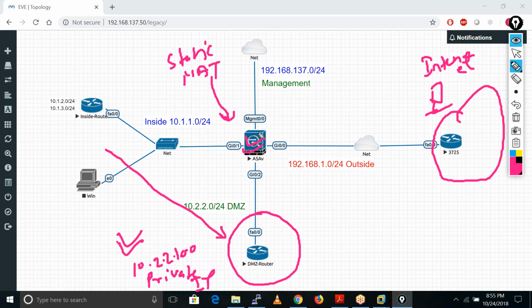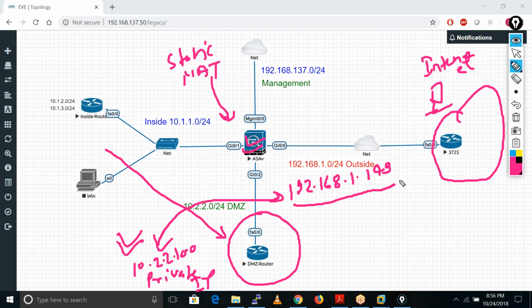We translate the request for 10.2.2.100 on some IP address. Let's suppose we got this public IP 1.149.